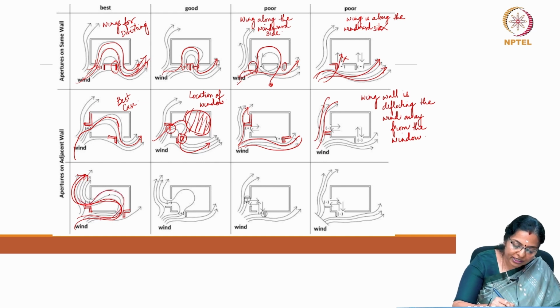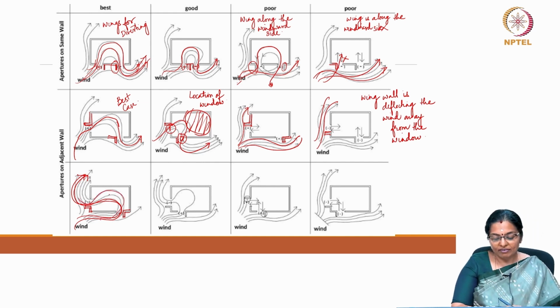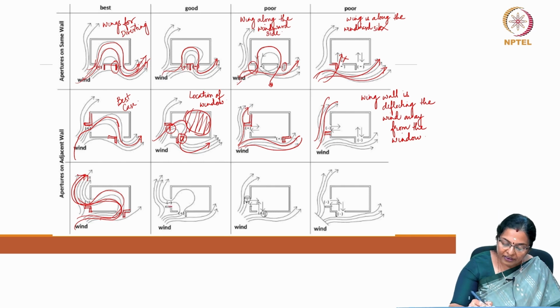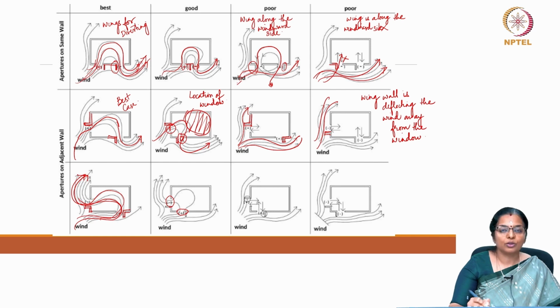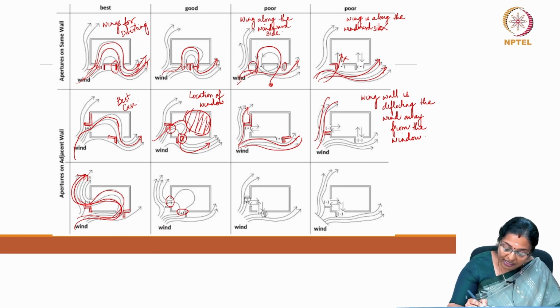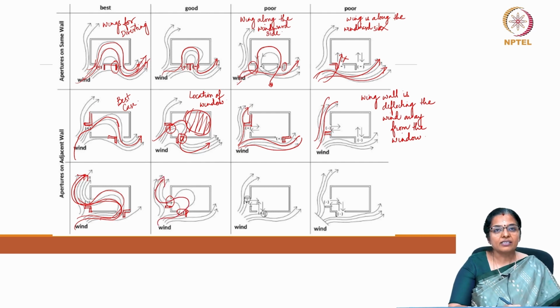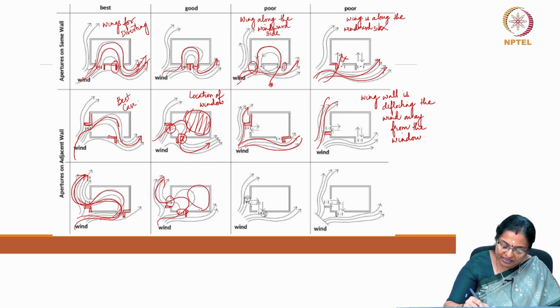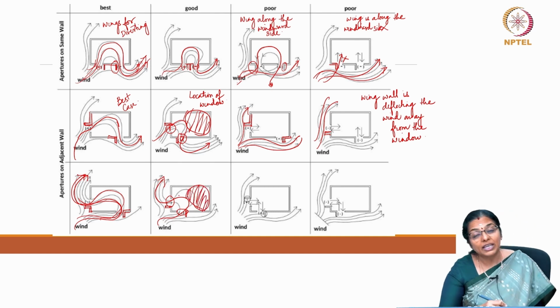Due to the position, most of the room gets covered in ventilation. When you have apertures which are closer to each other but along adjacent walls, and you have wing walls which deflect and encourage breeze movement,